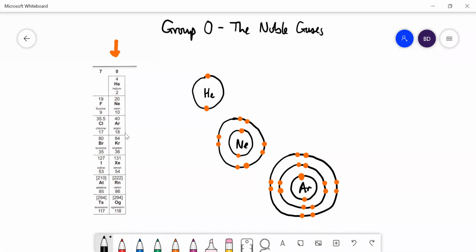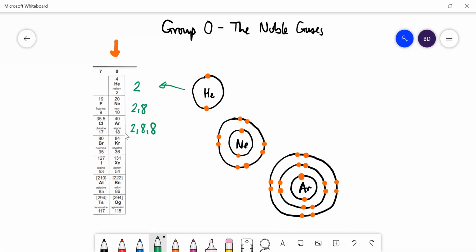So the electronic structure of helium, I've shown here, is just 2. Neon is 2 and then 8 in the second shell. Argon is 2, 8, and then 8 in the third shell. You don't need to know the structures of the other noble gases,